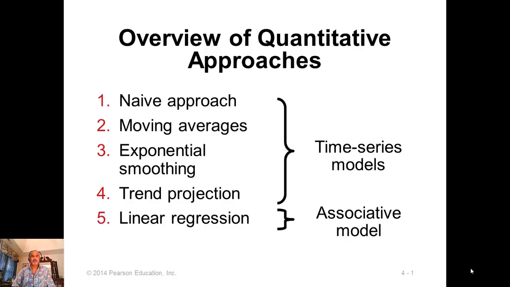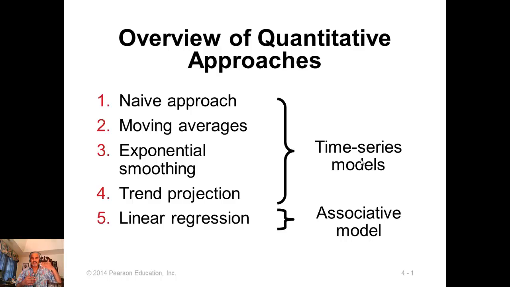Quantitative approaches to forecasting. Now we can group the quantitative approaches into two groups. One is called time series models, and we will be discussing 4 different approaches. And then we have what is called associative model. The difference is in time series model we will only look at the sales data from the past, whereas in